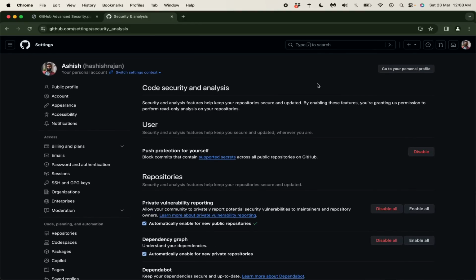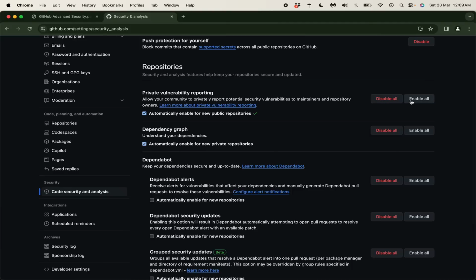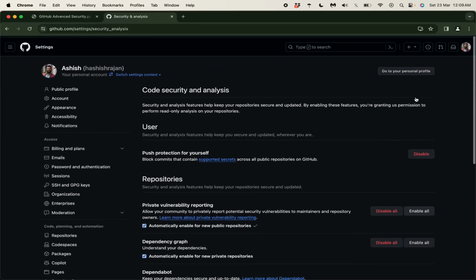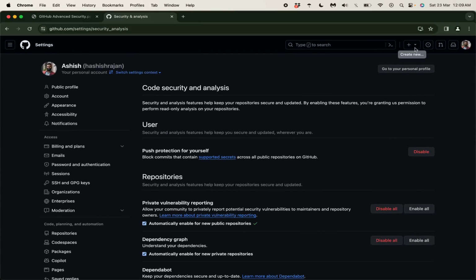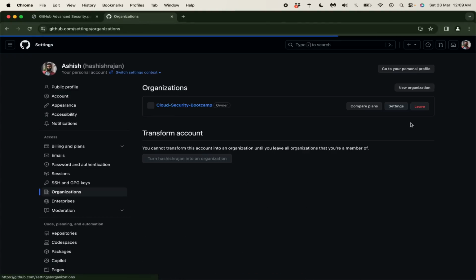So this is how you see how your GHAS is enabled. I can have it for enable all. It should enable that for everyone. But this is just one of the ways you see it. Now, another way for you to see this would be if I was in the organization. Now, I have an organization as well. So if I go to organization,